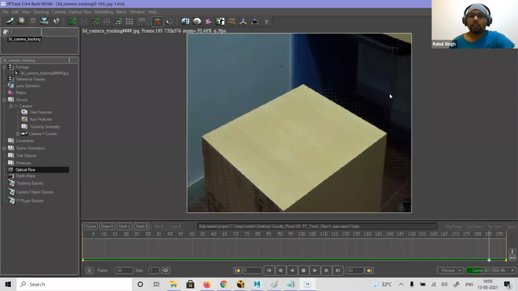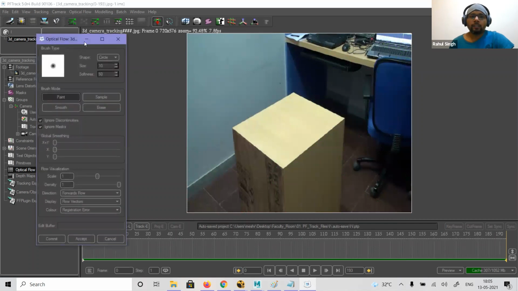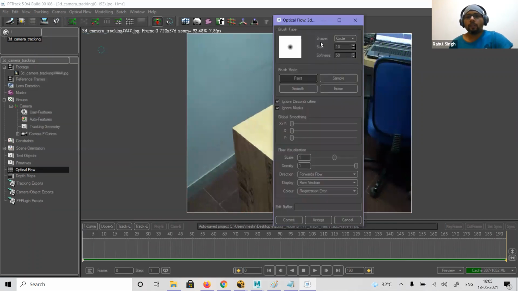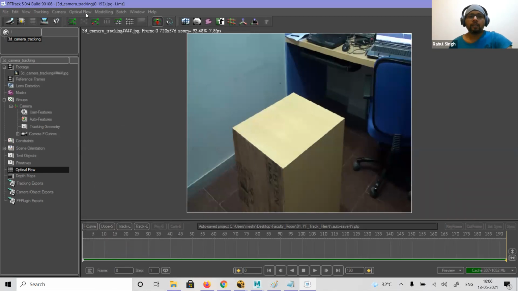Okay, so it is not necessary to use optical flow every time. It is just for gaining information: what is the track and flow, what type of flow is there, right? It will give you those. So with optical flow motion, I can always make some circles, brushes. I want to make it smooth, flow of vectors, lines are there or not. So these are the settings which we can make to check.